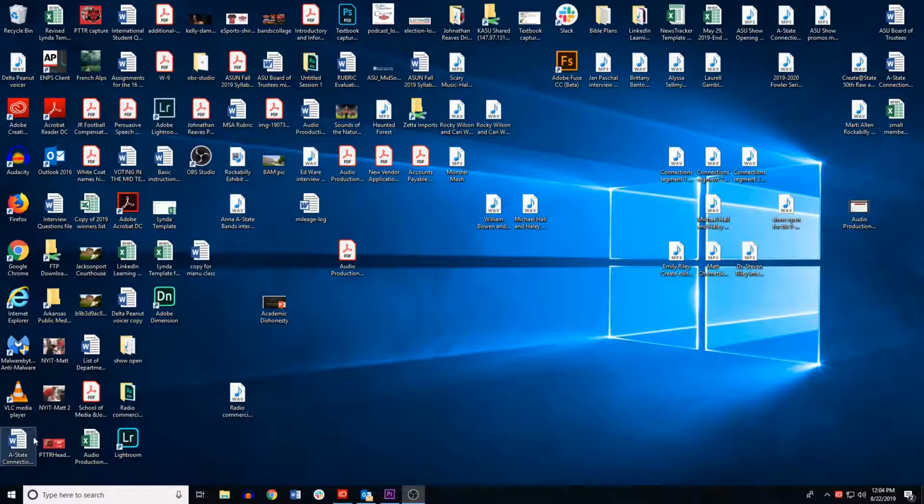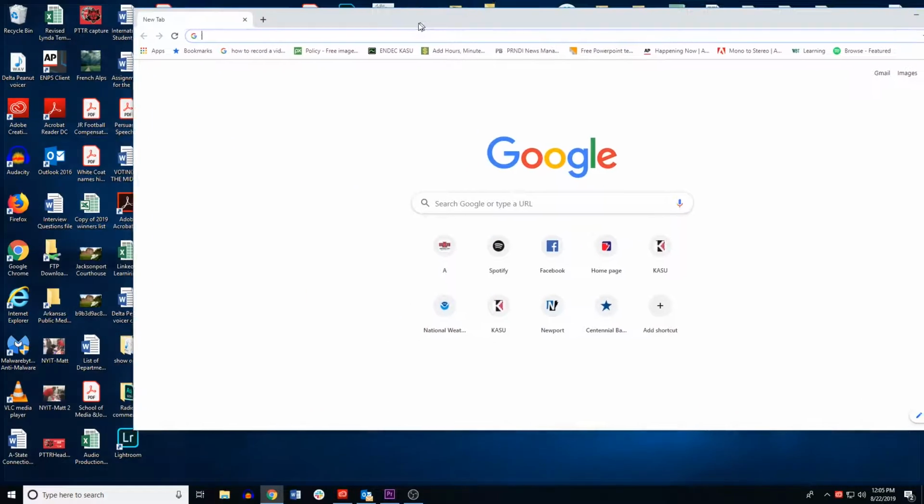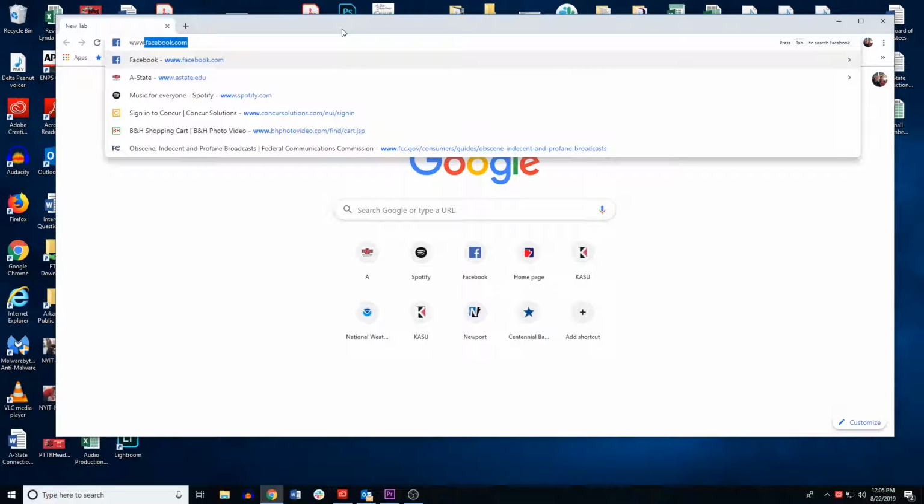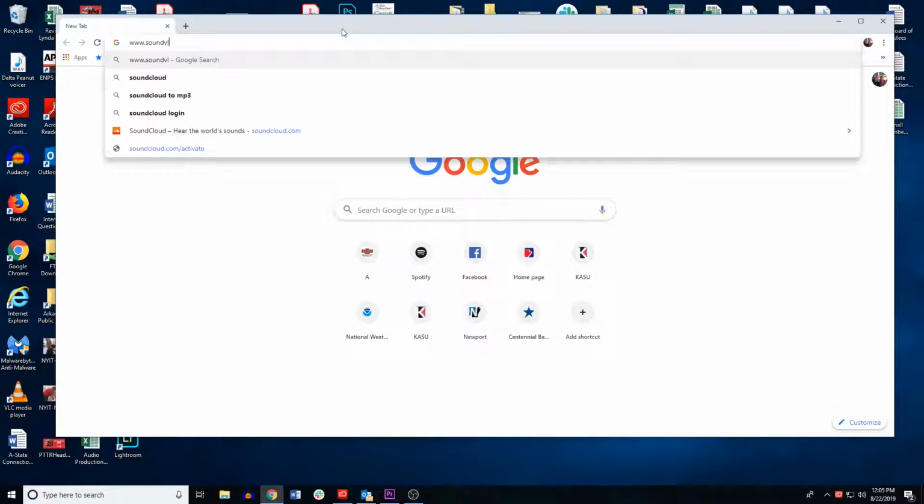So as I put that to the desktop, what I'll do now is I will go ahead and find this, which is right here. It's the Radio Commercial Audio 2 Mixdown 1 that we just did. You can see it's a 1-minute wave file. So as a reminder, you need to go ahead and put this on your SoundCloud accounts. If you've not yet already set up a SoundCloud account, you need to go ahead and do that. So let's go ahead and go to my SoundCloud account,